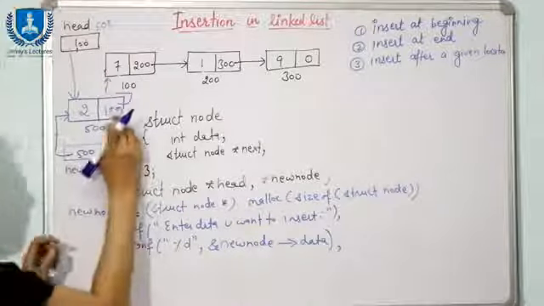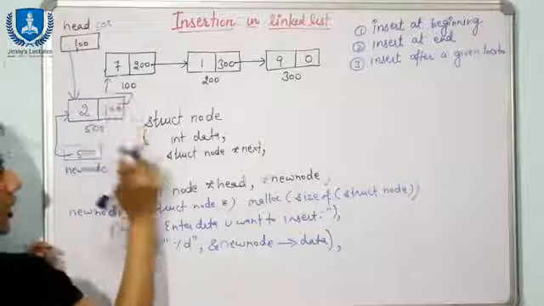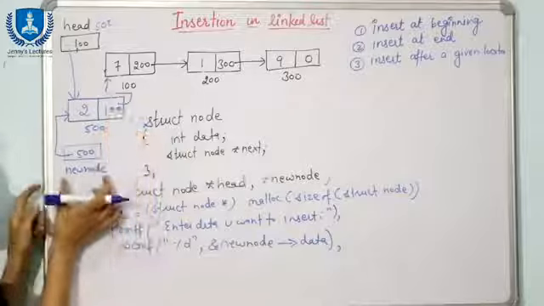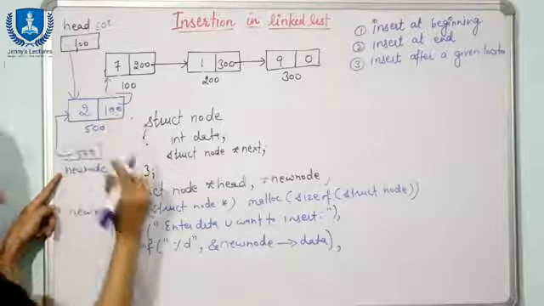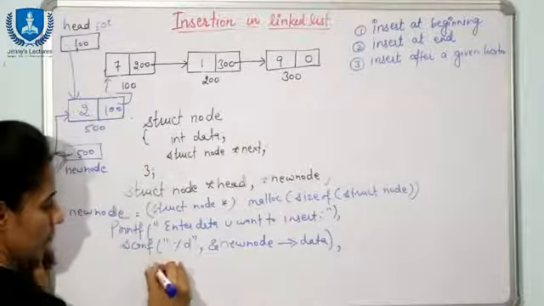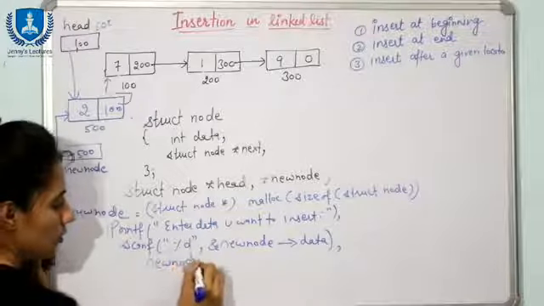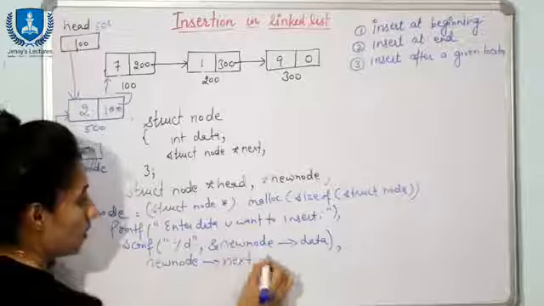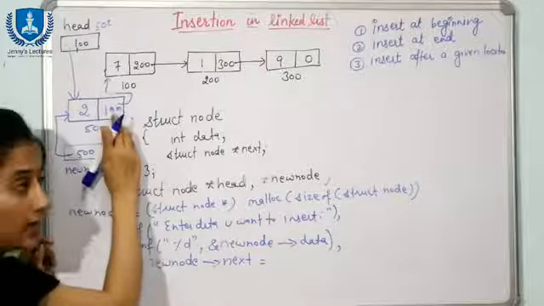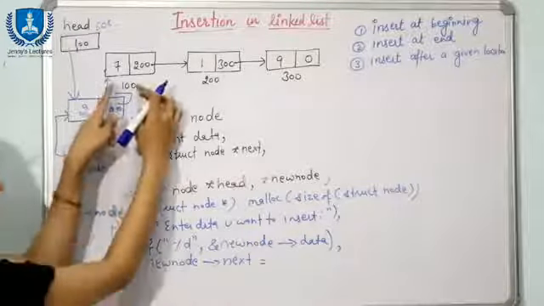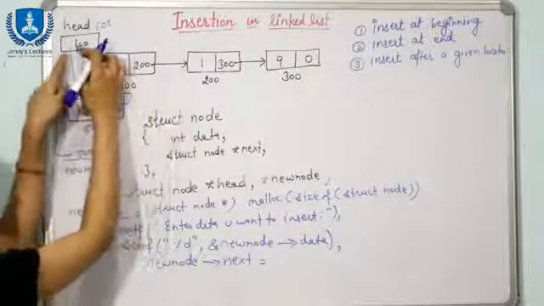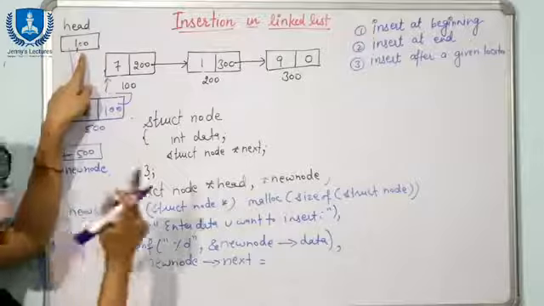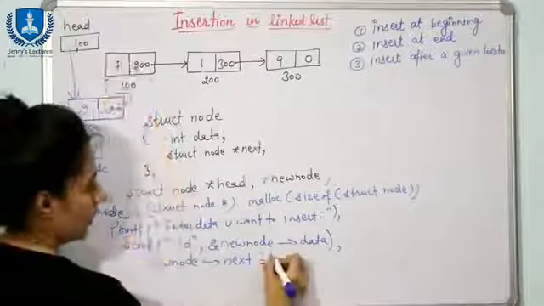Fine. So now how to access this part? Means this part is what? Next pointer. So how to access this part? New node and next. Name of the pointer is new node, arrow operator, and this part you are going to access, next. And what you are going to store in this? 100. It means the address of this node. Address of this node is in head pointer first of all. Fine. At starting. So here you will write head.